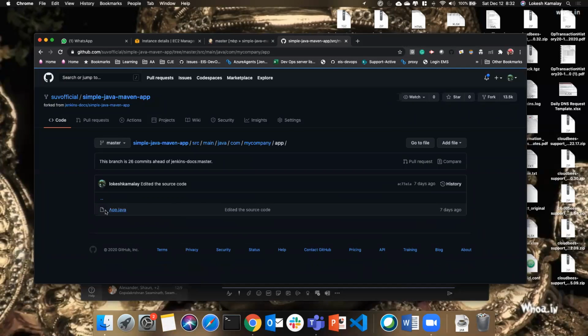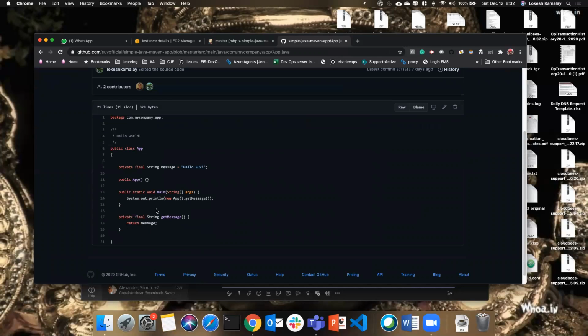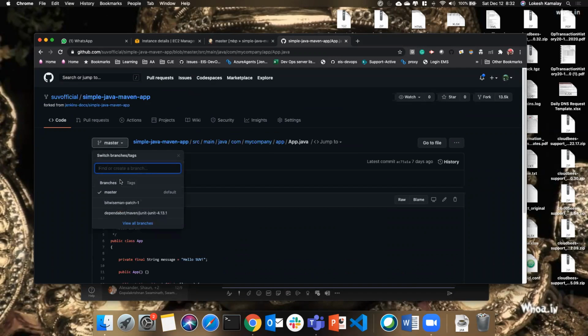So we have here source code. They say just hello SUV here, right? We have the message. So now he wanted to make the changes to this. Okay, so what will he do? He'll create a new branch. So the new branch is going to be feature